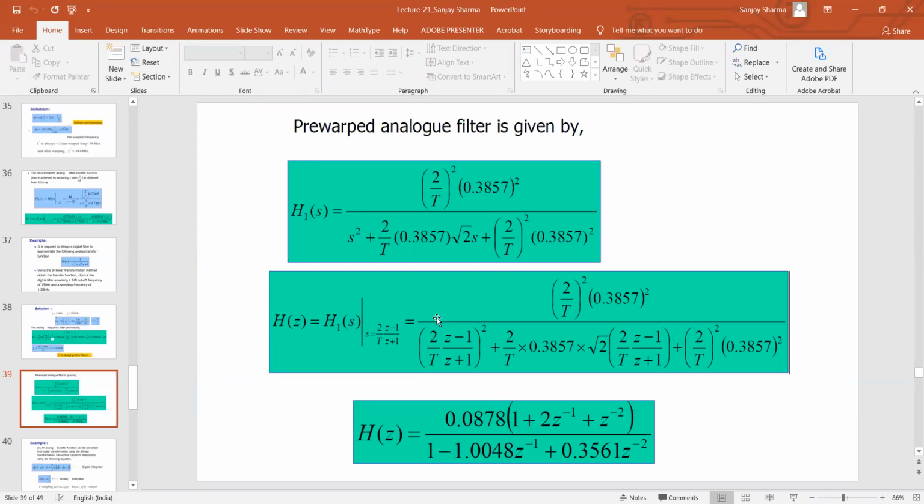I am going to upload this presentation on LMS, so you go through the presentation. If some more points come up, I will cover them in the next lecture. But all in all, this is the design of IIR filters. I will take some more examples to explain the major points. You can use this presentation for the design. If you have any questions or doubts, you can ask. So at present, I'm finishing here.